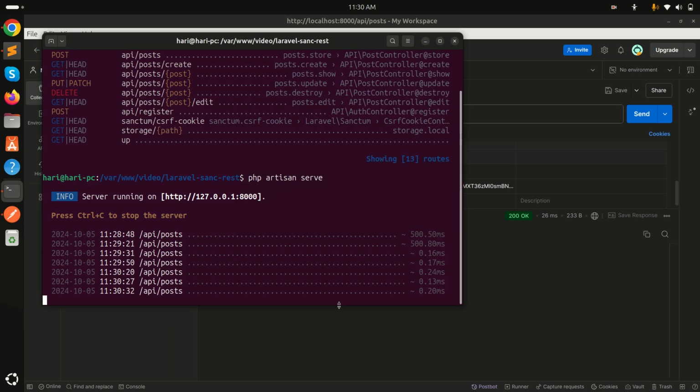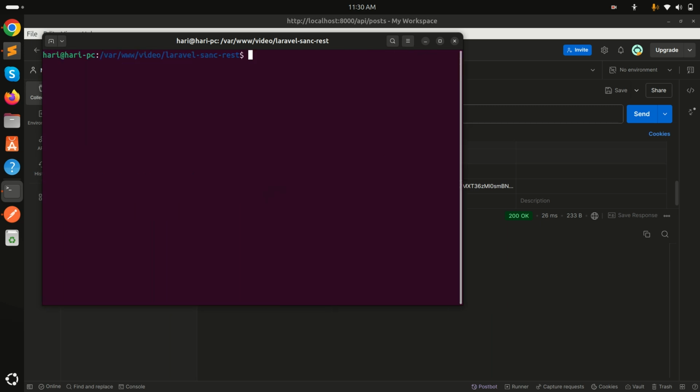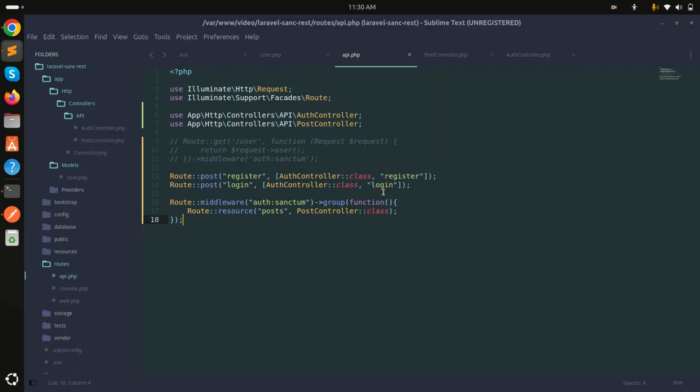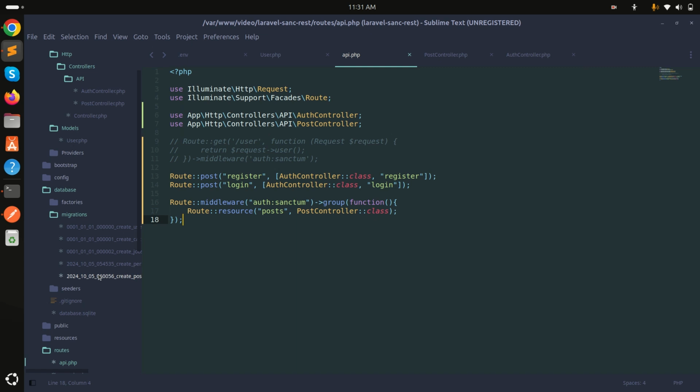So now let me create the post table and quickly create the CRUD operation. So only this CRUD operation is accessible if the user is authenticated. So if I clear it, and I will say simply make migration, and simply say create post table. And now if I go here and simply go to the migration over here, database migration, and here